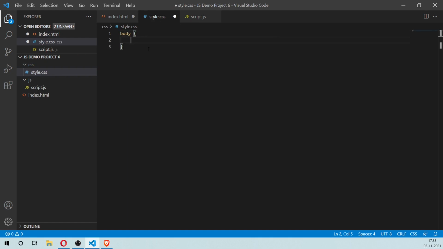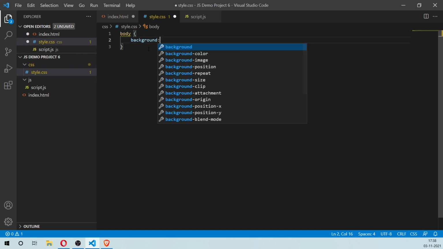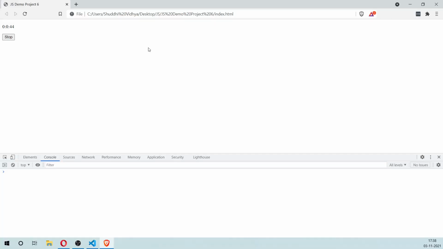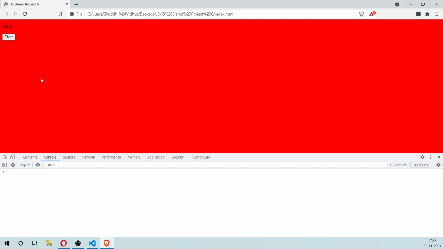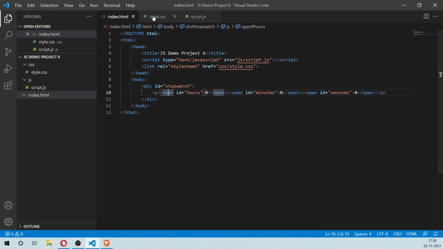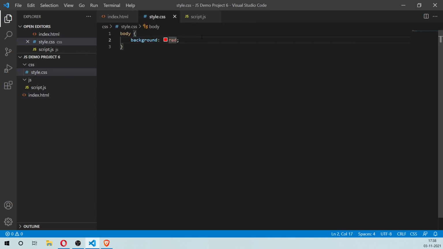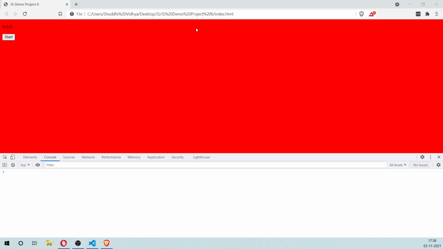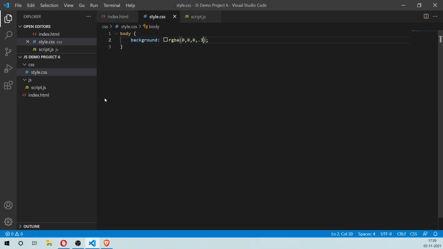I'm going to say body is background red, just to check if the styles are getting imported. Okay, it's working. So I'm going to actually make the body a kind of light gray, RGBA 0.3. Okay, so that is the thing.